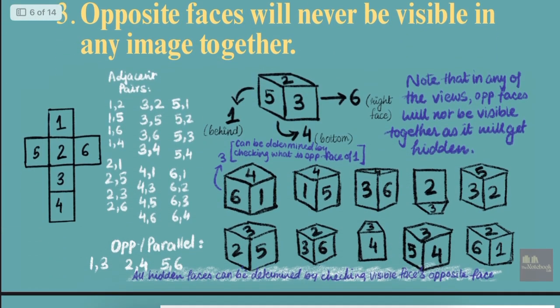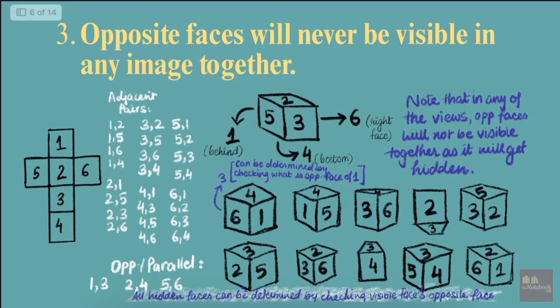Next we have opposite faces will never be visible in any image together. It's very likely that they will never be visible in any image together. So I have drawn a few examples over here showing how they cannot be visible. Like obviously if you get some view, something like maybe this, okay,